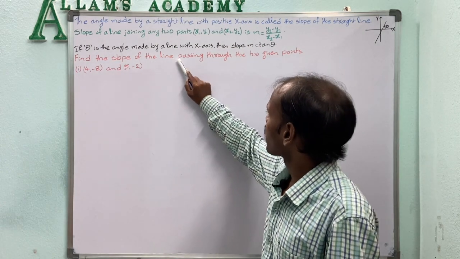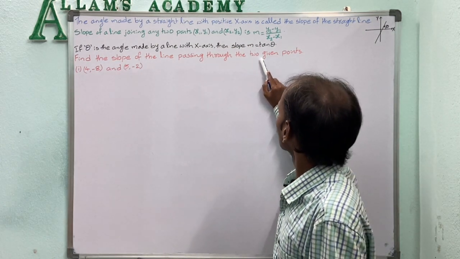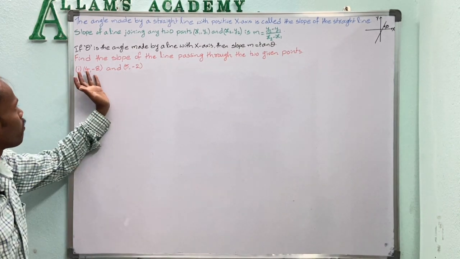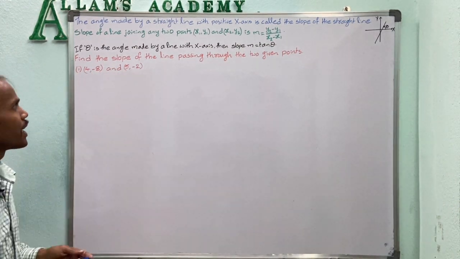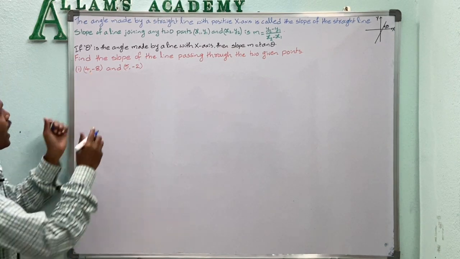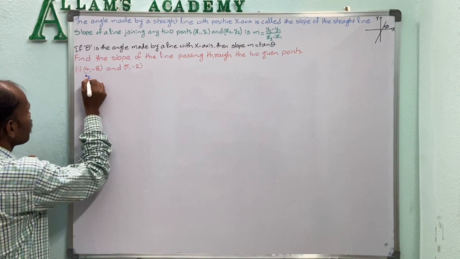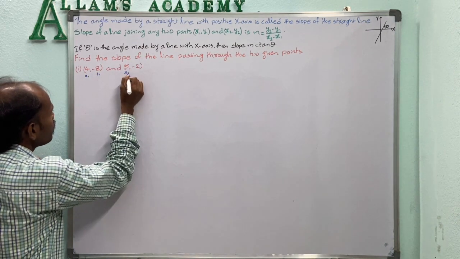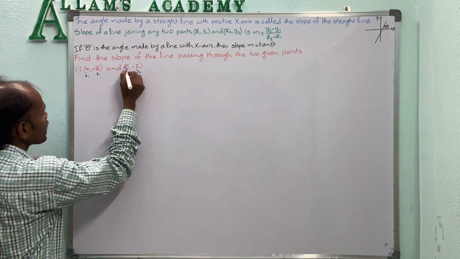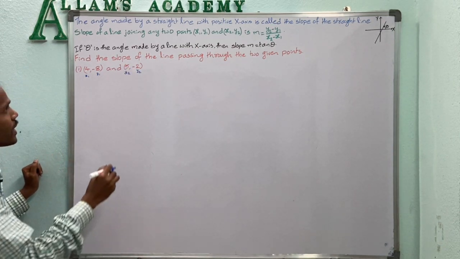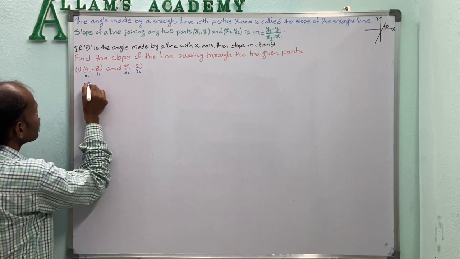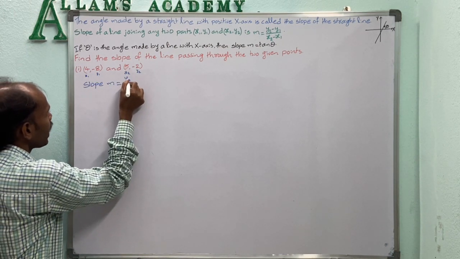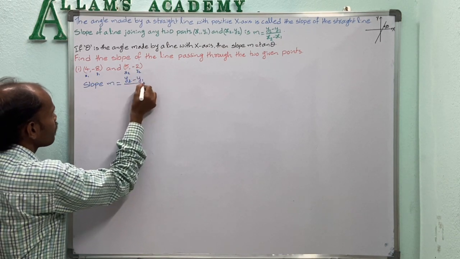Find the slope of the line passing through the two given points, and here the points are given as (4, -8) and (5, -2). So we take the x1, y1 coordinates as (4, -8) and the x2, y2 coordinates as (5, -2). Then the slope m is equal to (y2 - y1) / (x2 - x1),